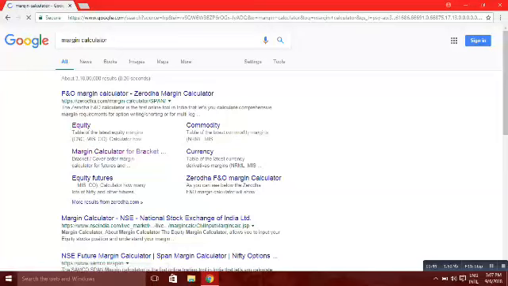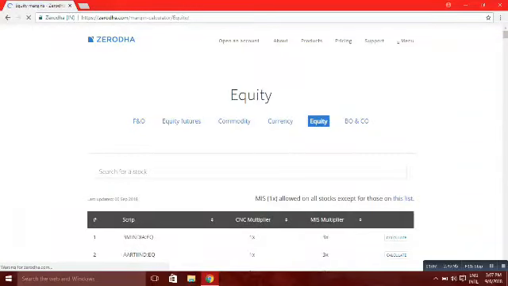Let's go for the margin calculator of equity. We have margin calculators for equity, futures, commodity, currency futures and options. And the best part is that we have the margin calculator for bracket and cover orders. Both orders are very important, in which you can earn a good amount of profit while doing intraday. So having a good amount of margin for bracket order and cover order is more and more beneficial for anyone